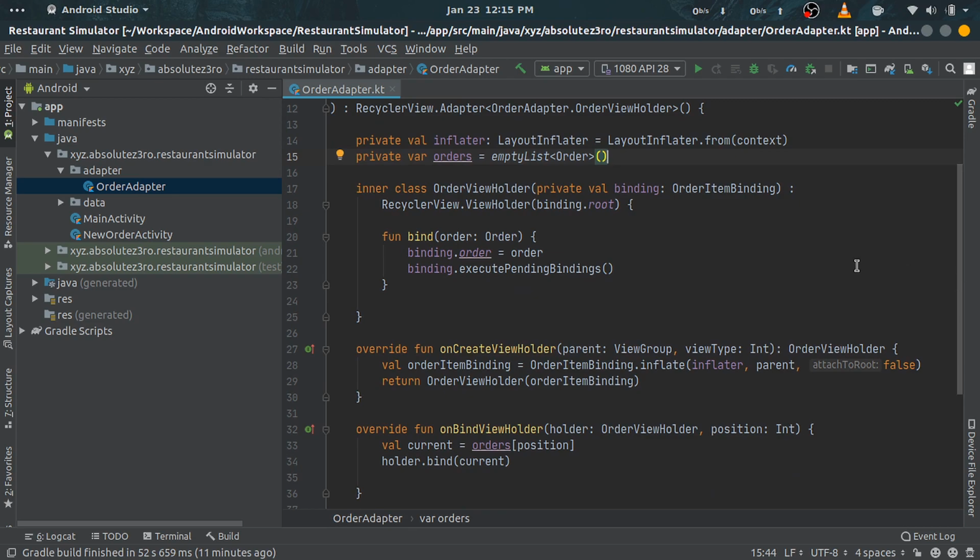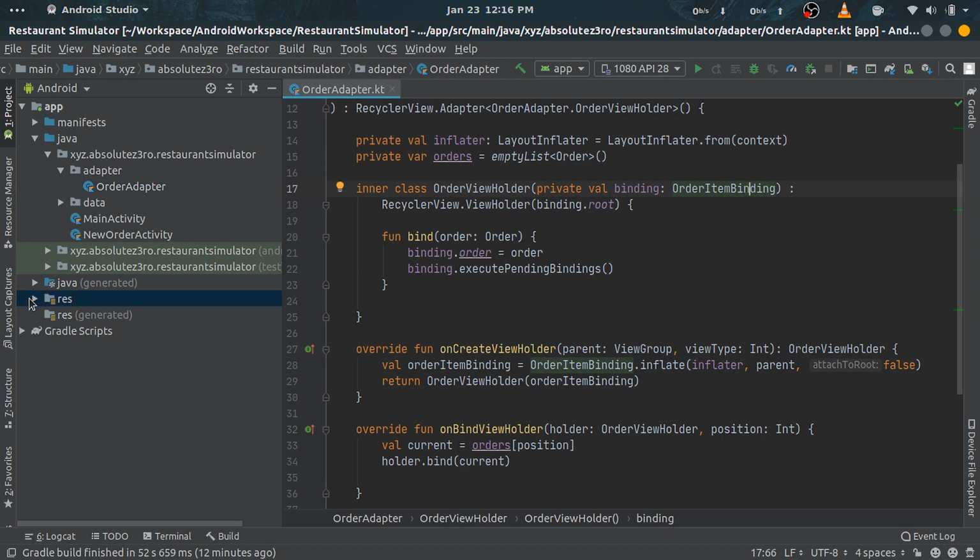Okay, next is the inner view holder class. Name it OrderViewHolder and make it extend RecyclerView.ViewHolder. Next, create a constructor for our OrderViewHolder class and take a binding variable and set it to a private field. Okay, so the binding variable is of type OrderItemBinding and you must be wondering what it is.